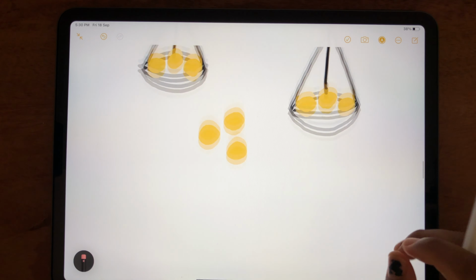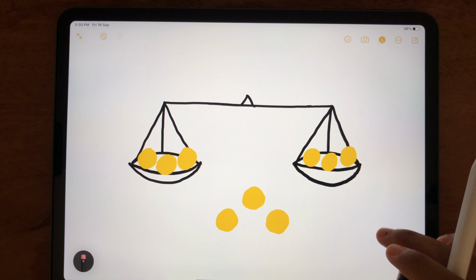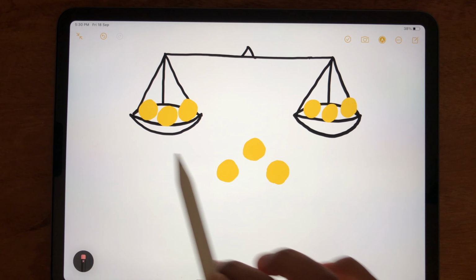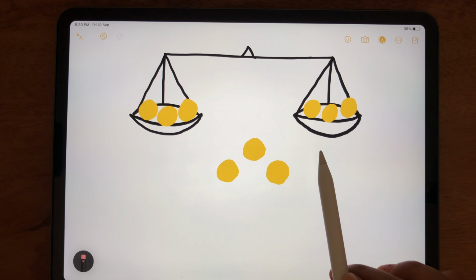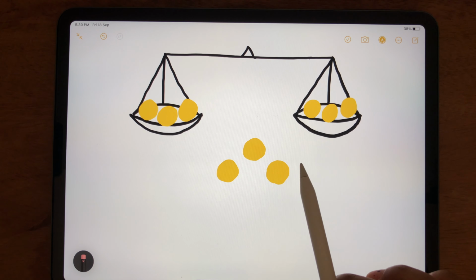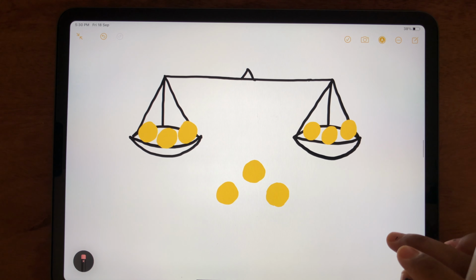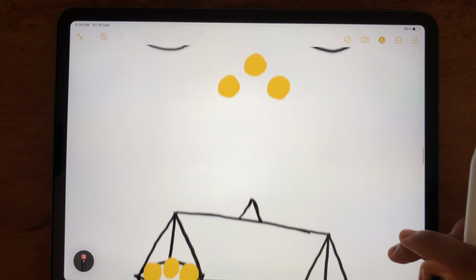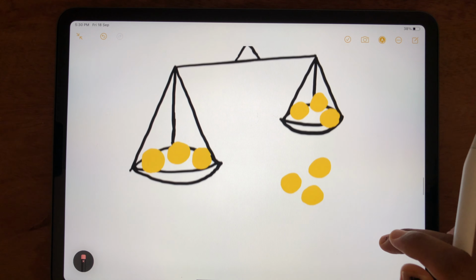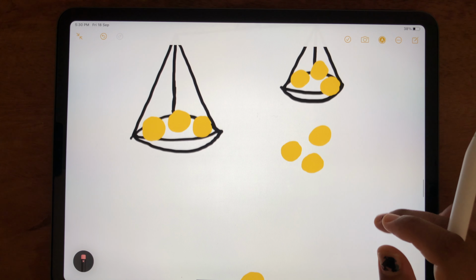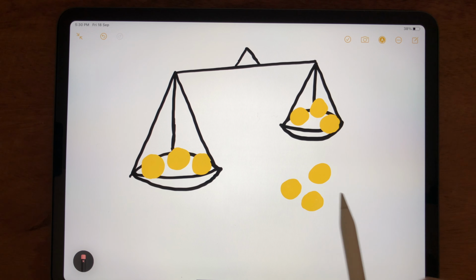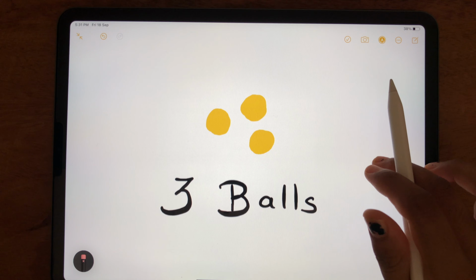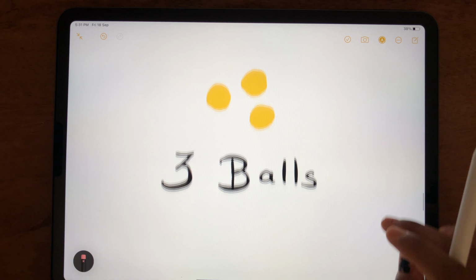So basically after using the weighing scale for the first time, we have a group of 3 balls out of which one of them is heavier. After step 1, that is using the weighing scale one time, we have a group of 3 balls out of which one ball is heavier, right? So at the end of this step we have 3 balls out of which one ball is heavier.